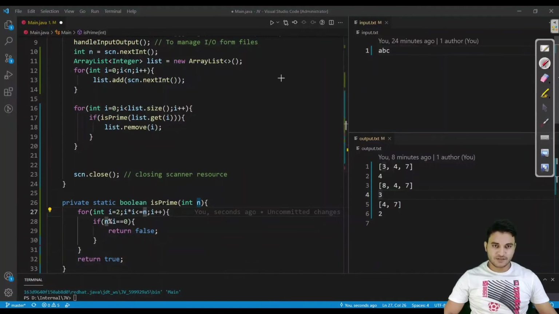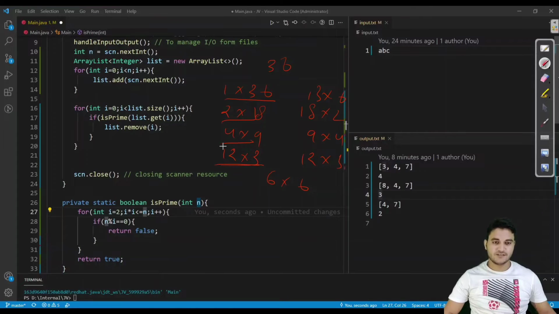What are the factors for 36? Let us calculate. The factors are 1 into 36, 2 into 18, 4 into 9, and is there anything else? Yes, 12 into 3, 6 into 6. Now after this, every factor will repeat itself. See it very carefully: 12 into 3, 9 into 4, 18 into 2, 36 into 1.